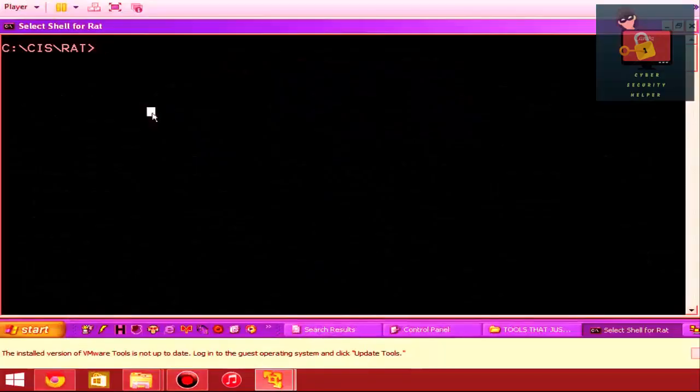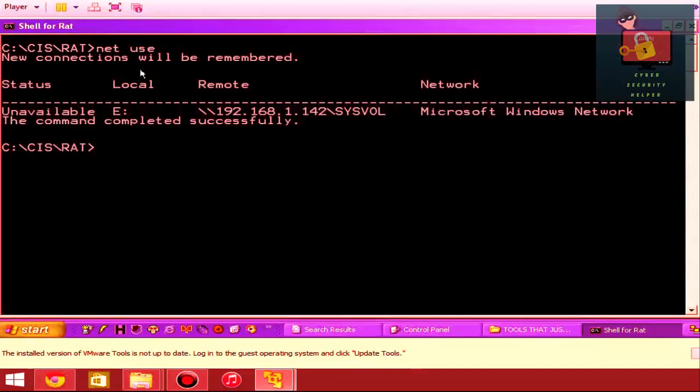Simply type the command and see what you get. So it's net space use. Okay. Now in this case, new connections will be remembered. I can see the status of it, the local drive that it's attached to, the actual server name and share name convention with backslashes, not forward slashes, and the name of the Windows network. If I want to target this